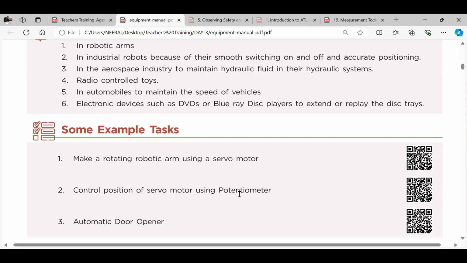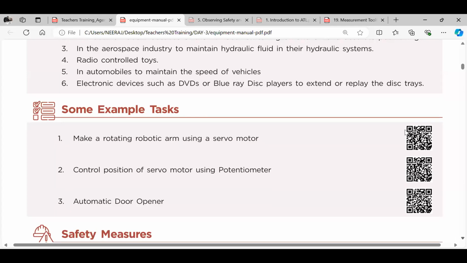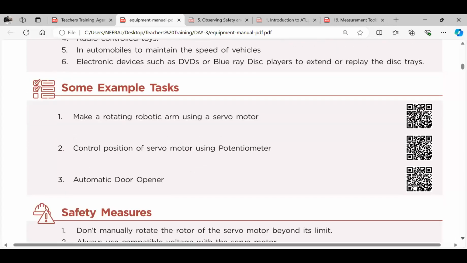Teachers, I would like to request that you scan this QR code right now, and you can also see some examples or tasks. Right now I can't scan this because I'm not connected through the mobile phone, but yes, you can scan this, and even if anyone wants to take a test, you can scan these codes